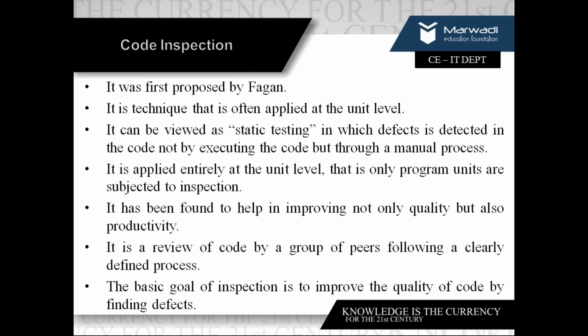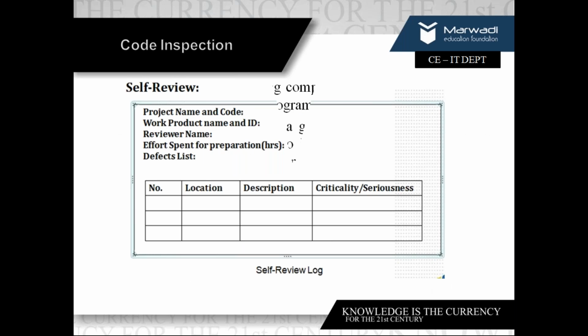Therefore, I'll be having different strategies of testing. What is the output of code inspection? Anything which you do will deal with some output. Either it is a report which is documented, or it is some document which you are submitting to the organization. Code inspection will end up like this: number, location, description, and the seriousness of whatever you have tested. Just a document for your information.